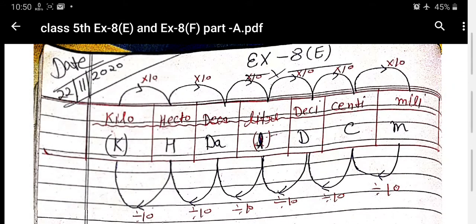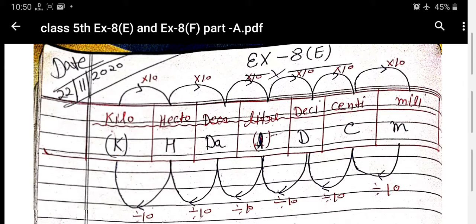Good morning, students. Today we are going to start our exercise 8E. In this exercise, we get the question related to the liters. So I am making a simple diagram here. As you know previously also, it is liter, deca, hecto, kilo, deci, centi, milli. And symbols are also given: DA for deca, H for hecto, K for kilo, D for deci, C for centi, and